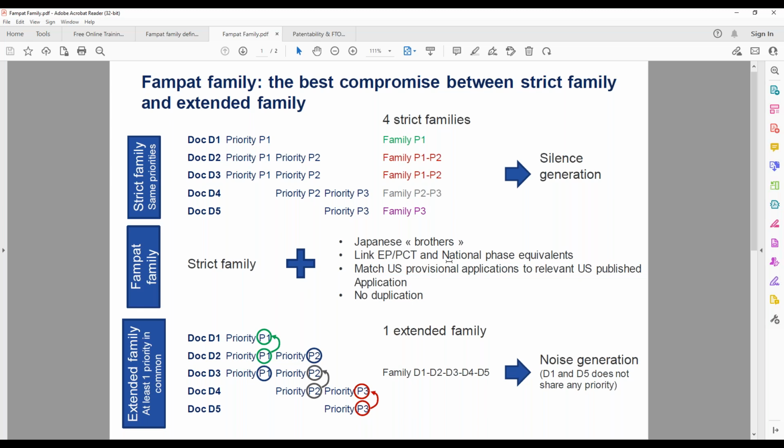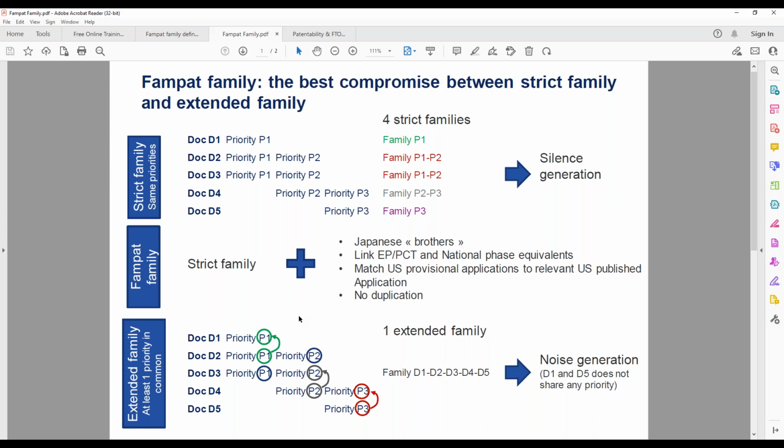But as I just mentioned, you will also have national phases from EP and PCT documents and the Japanese, let's say, brothers. Another type of family is the so-called extended family. On Espacenet, so for the European Patent Office, they call it INPADOC families.